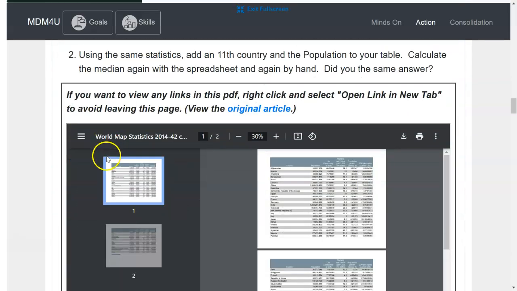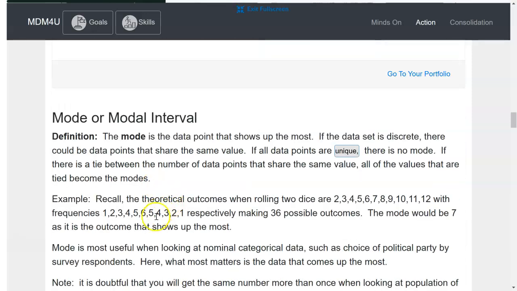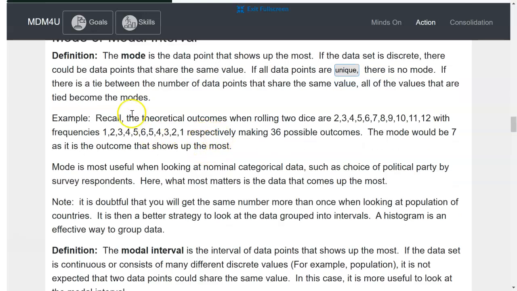And mode is the most common. So if you have a bunch of data points and they're not all unique, if they're all unique, then there's no mode. But if there's repetition, then the guy who's repeated the most is your mode. So looking here,